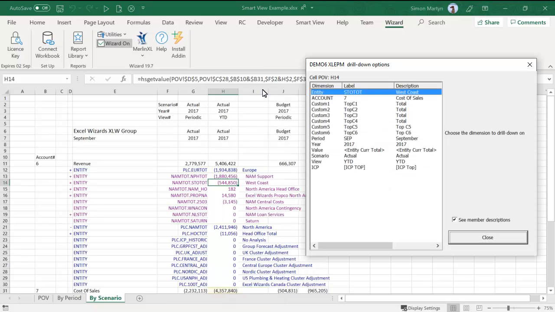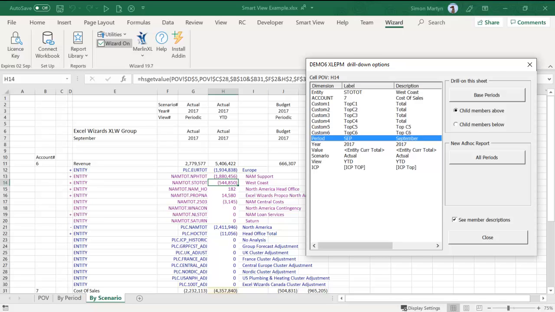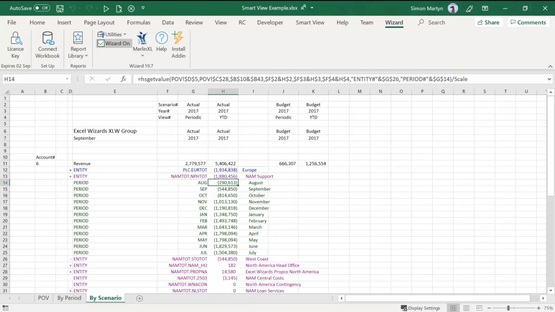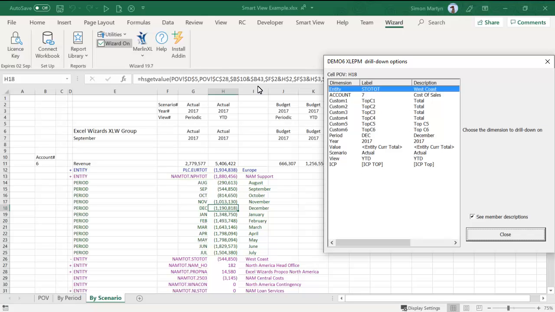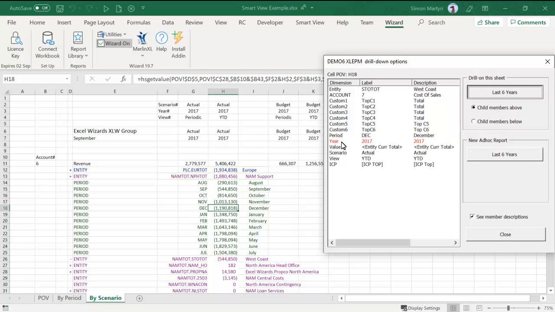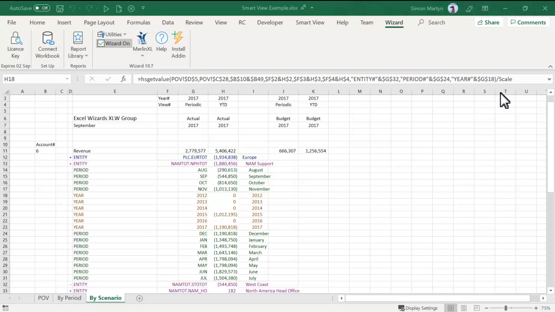And in the drill down options form, choosing the dimension we want to drill down on. You can even choose the period or year dimensions. And the base members will be inserted into the report analysing the data cell you clicked on. The SmartView wizard allows you to continually switch or pivot the dimensions that you drill down on. So in any SmartView report you can analyse any cell across any dimension. So the SmartView wizard gives you the ability to analyse your SmartView data simply by right-clicking or double-clicking on the